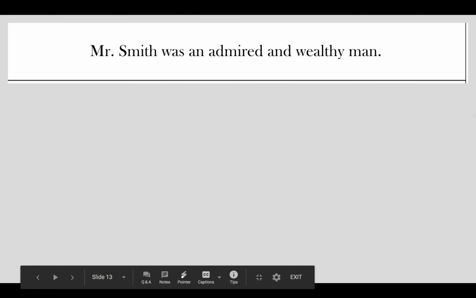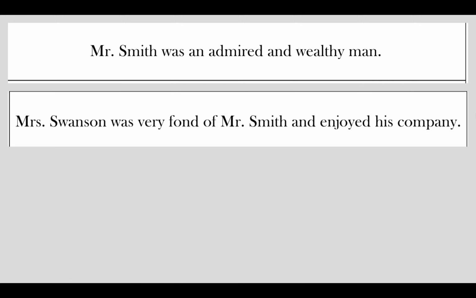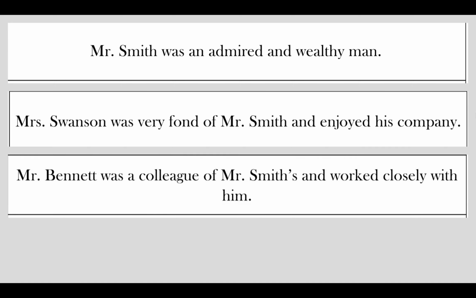Mr. Smith was an admired and wealthy man, meaning he had money. Mrs. Swanson was very fond of Mr. Smith and enjoyed his company. Maybe Mrs. Swanson had a crush on Mr. Smith because it said she was very fond, meaning she liked Mr. Smith. Mr. Bennet was a colleague, meaning a co-worker, of Mr. Smith, and they worked closely. So we can make an inference that they spend a lot of time together and that they have a good